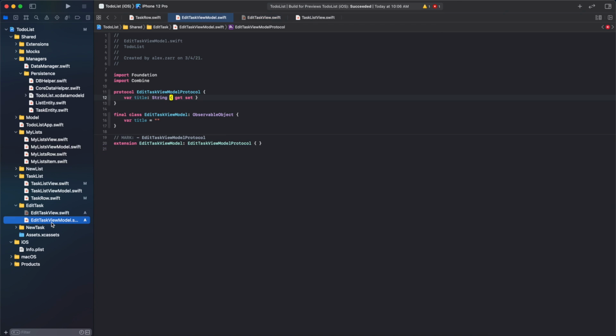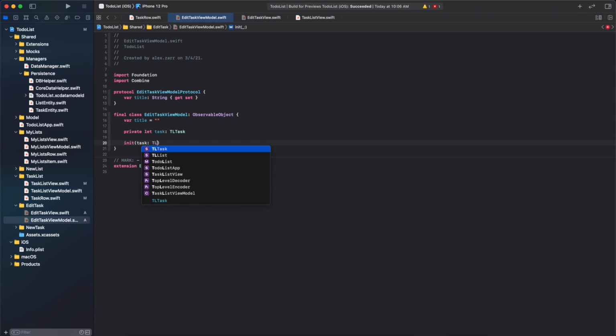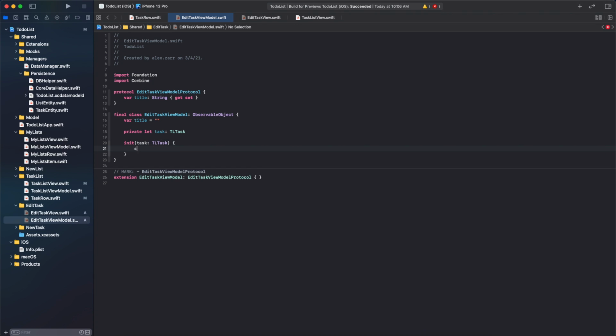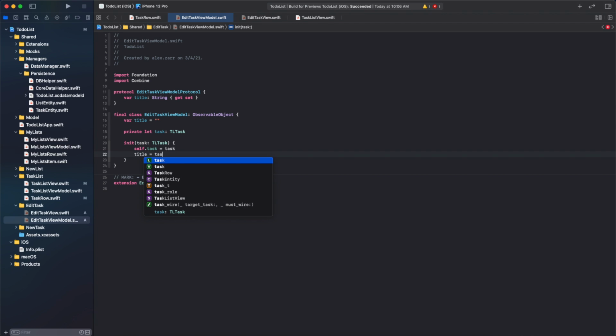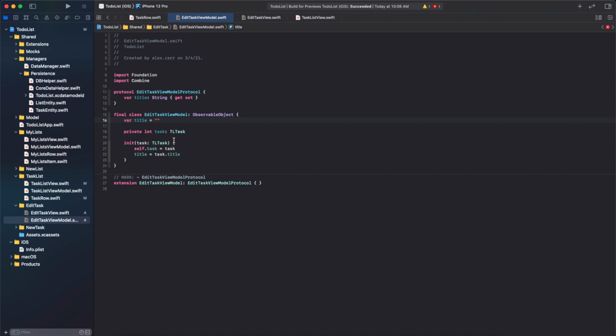Yeah, also let's add a private variable for task and create an init method that will get this task, and we'll just assign it. This will be published,